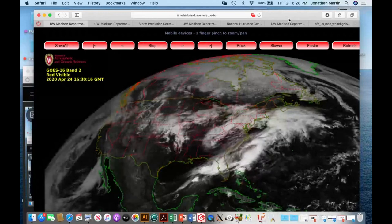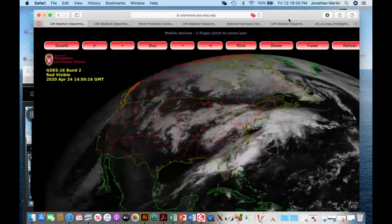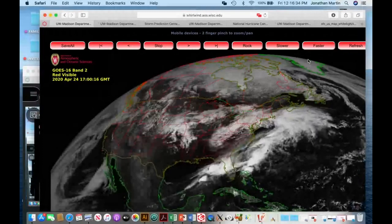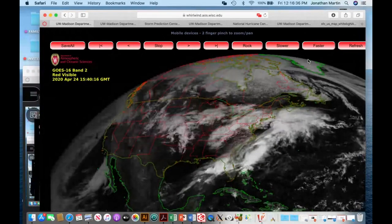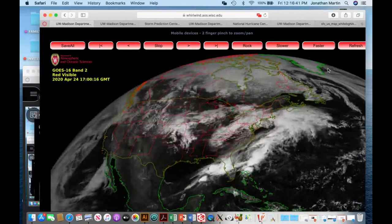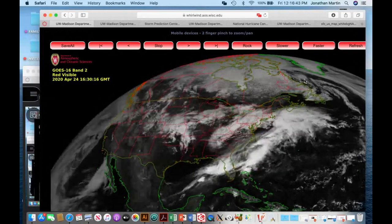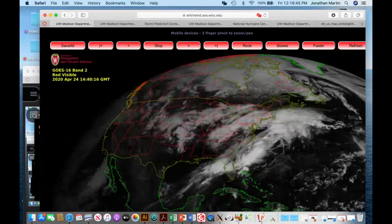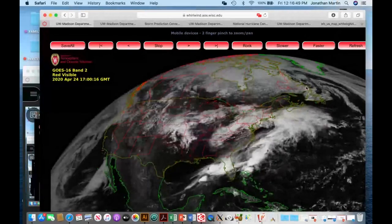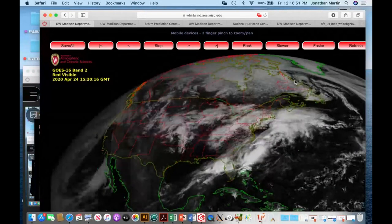So I wanted to show you the visible satellite imagery over the continental U.S. and adjacent waters this morning and this early afternoon. There's a couple of disturbances of interest. One of them is the one that's kind of roaring along in the Labrador Sea. If you can follow my cursor, it's up southwest of Greenland and then northeast of Newfoundland and